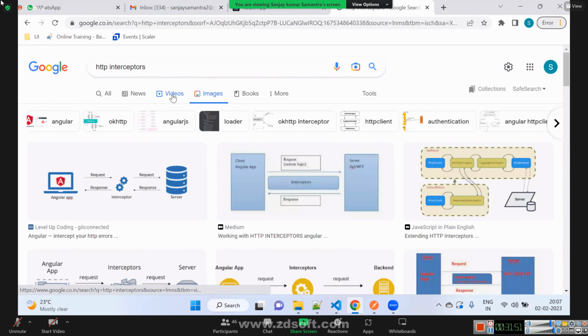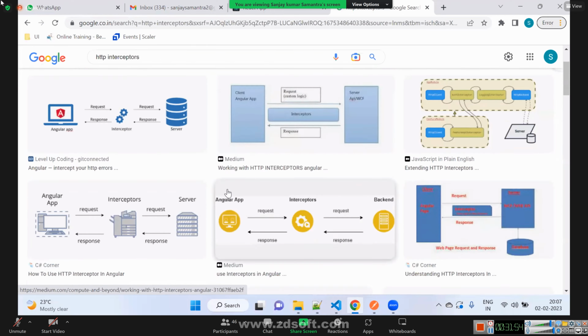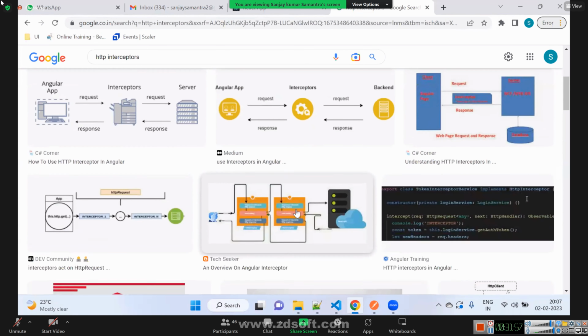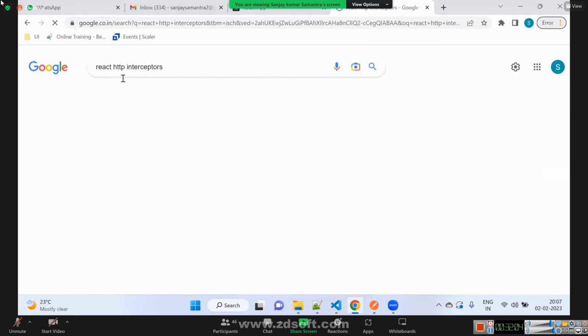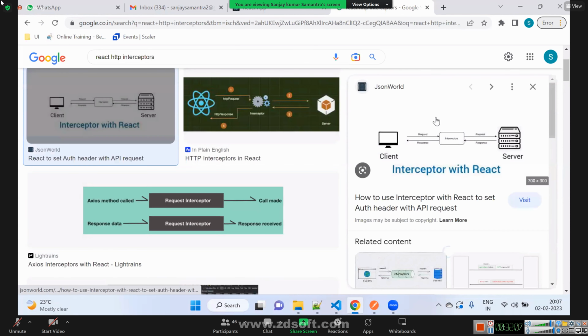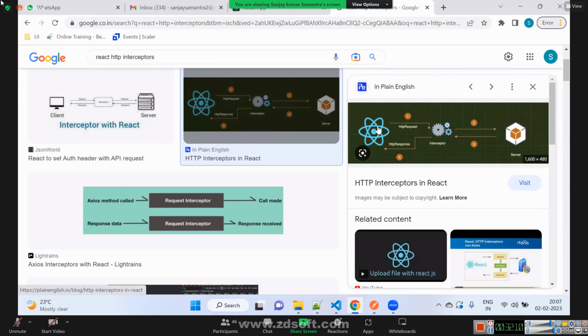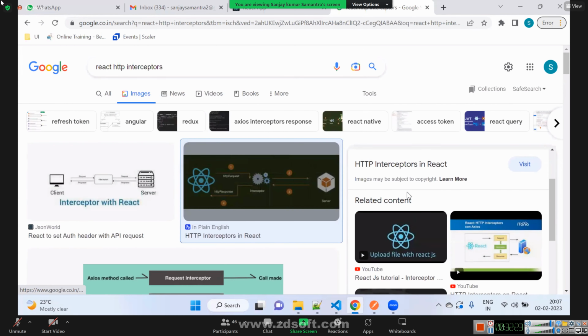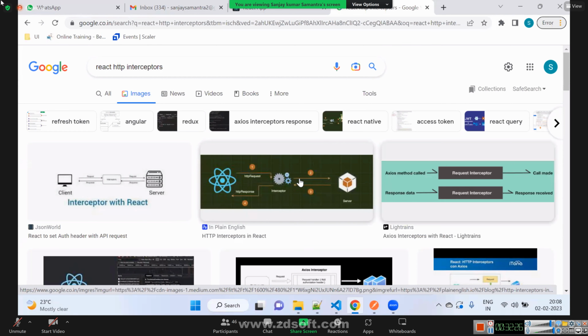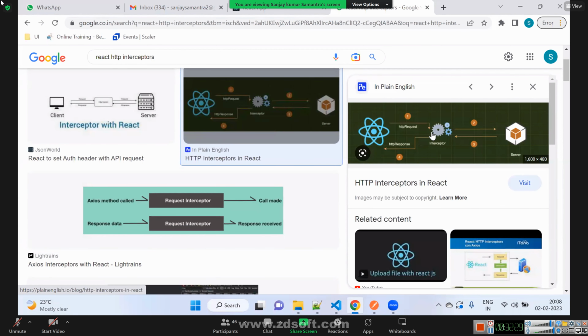Now what is happening is that from our React application, the call is going directly to the API. From the client, or from React, the request is going directly to the server. But if we want some logic to be executed before the call is transferred to the server, then we can create one interceptor.